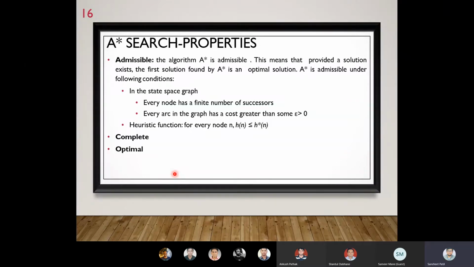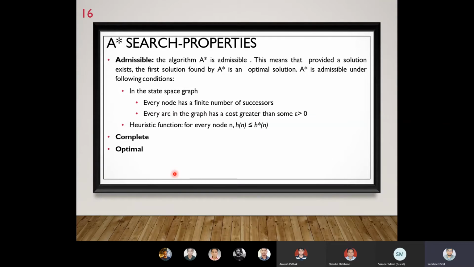And if we go in bookish language, every node has a finite number of successors. This is also one of the points for admissible A star: every node should have a finite number of successors. If there are infinite successors, it might get into an infinite loop, and your goal state might not arrive at the position you exactly needed. Every arc in the graph has a cost greater than some epsilon greater than 0.